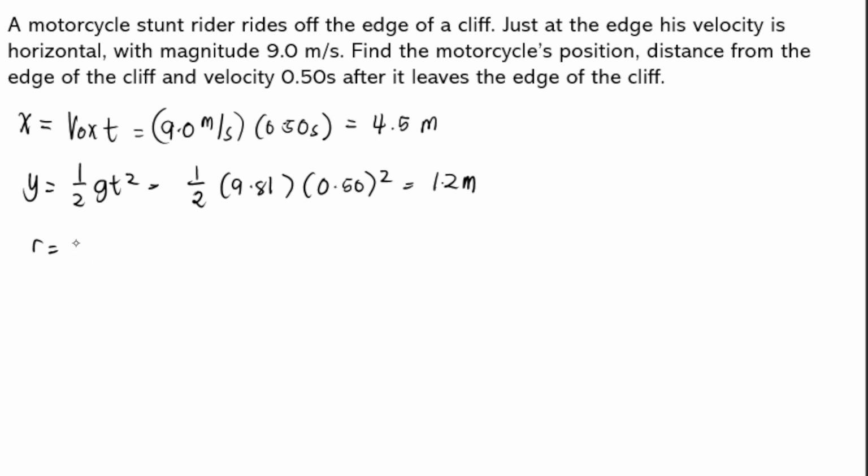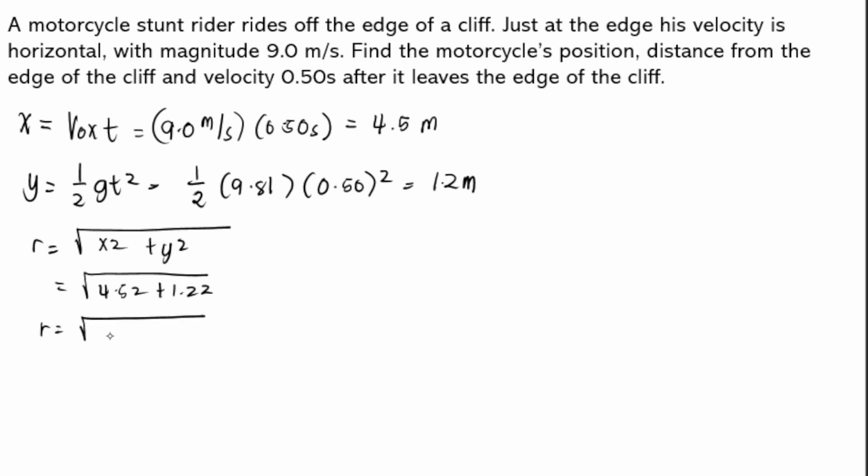So using Pythagorean theorem, x squared plus y squared, so square root ng 4.5 squared plus 1.2 squared. So R is equals to 4.7 meters. So now, pwede na tayong makapag-compute ng Vx,